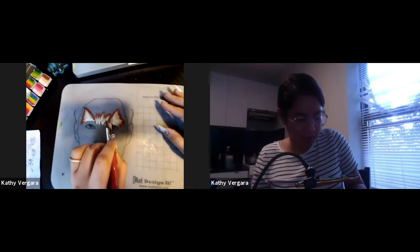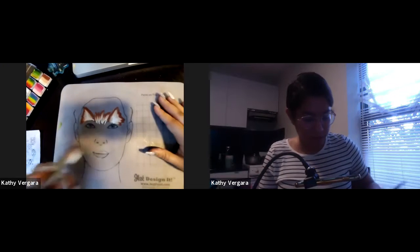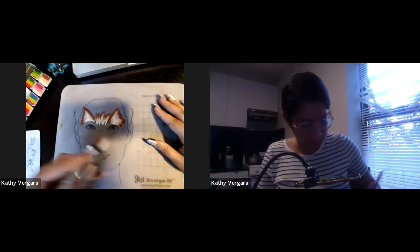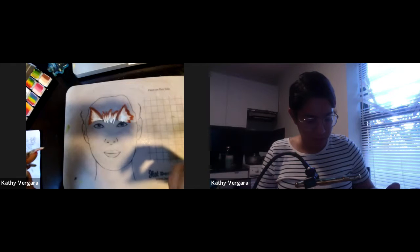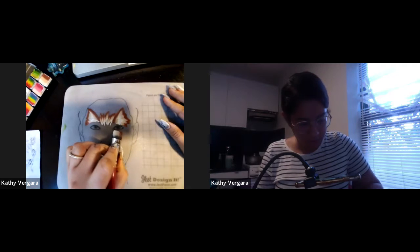Okay, this is really going to test my skills because I usually have a picture of like a clip art or a cartoon of some kind in front of me so I can see what I'm doing. So today we're going to figure this out. So wolves usually have like narrow, long snouts. So what I'm going to do is...